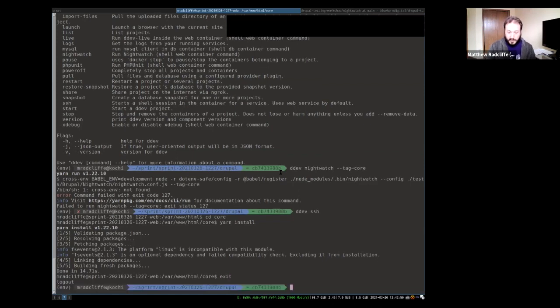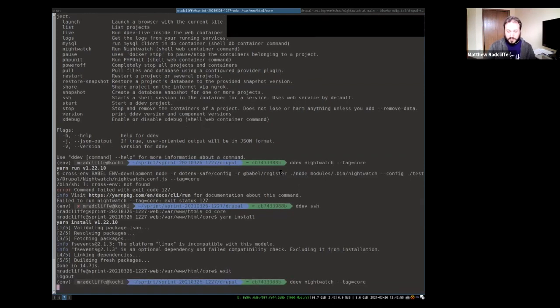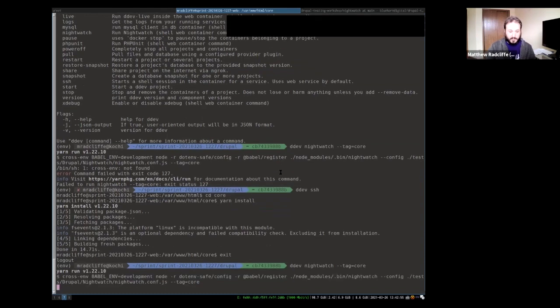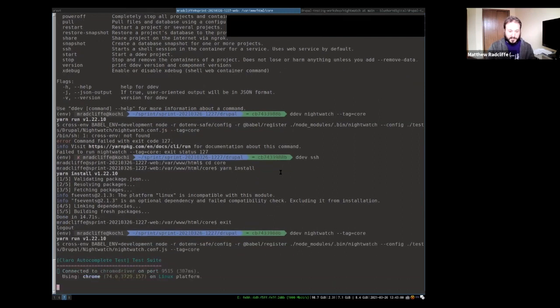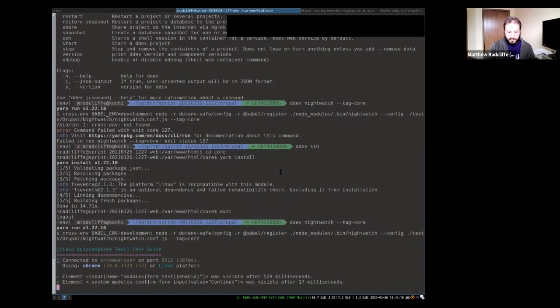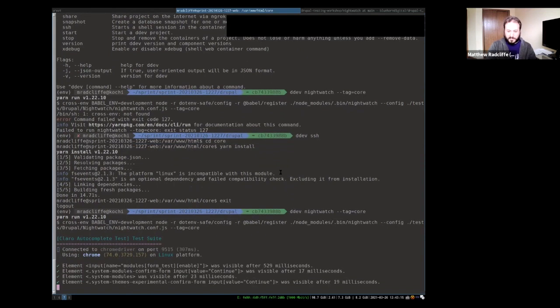Okay, so now I should be able to run that command. And this will run all the Nightwatch tests in core. That'll probably take a while, maybe about 2 minutes.